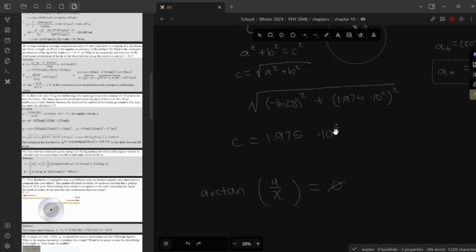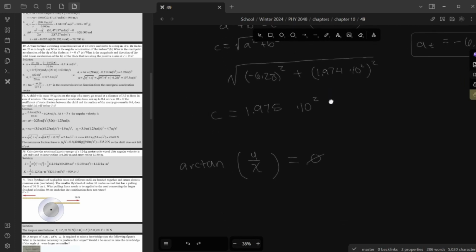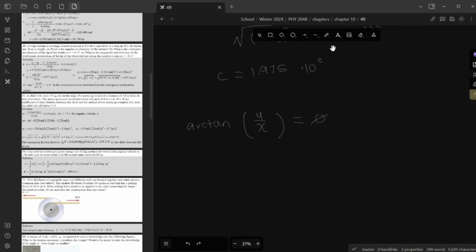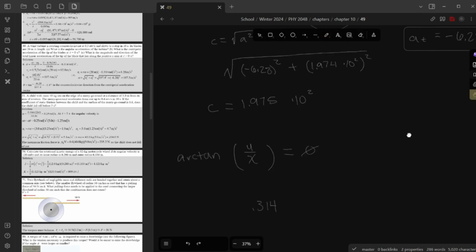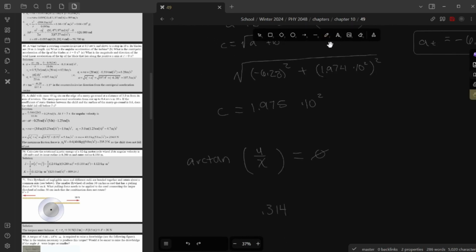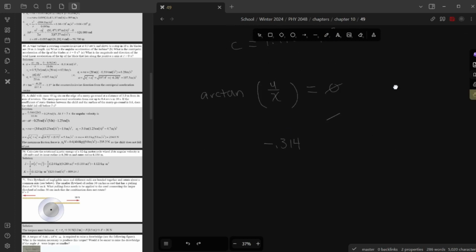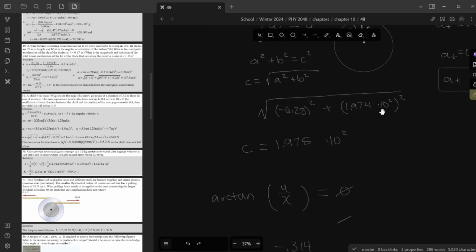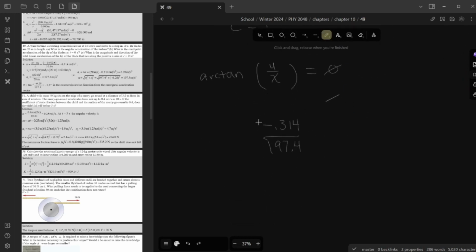So we said tangential was our x and centripetal was our y, so let's go ahead and do that. Sorry. So 0.314, as I keep remembering, yeah. And then divided by 197.4. Yep. So yeah, if you plug this in your calculator,